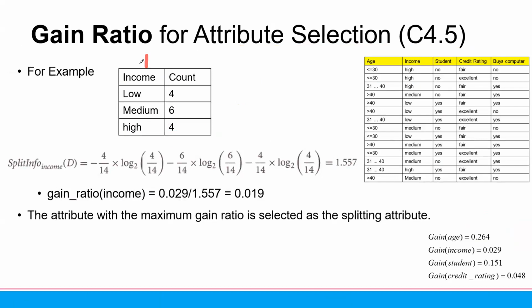And I use the income. So I have the income is low: 1, 2, 3, 4. Okay. And then I have the medium: 1, 2, 3, 4, 5, 6. And then high. We have 1, 2, 3, 4. Okay. So the